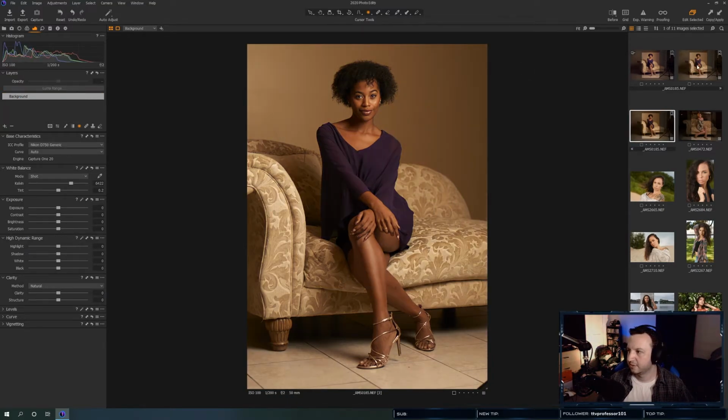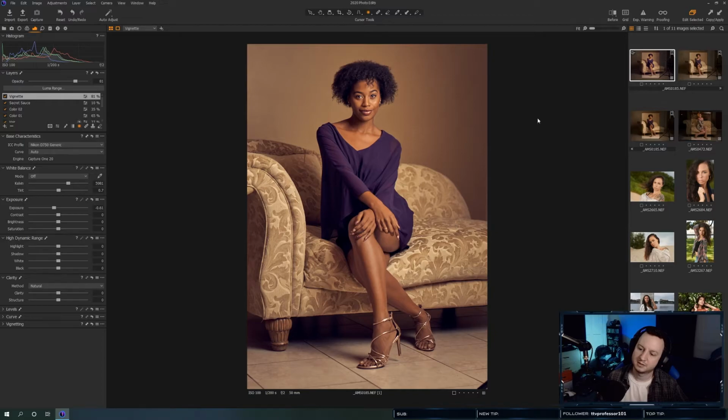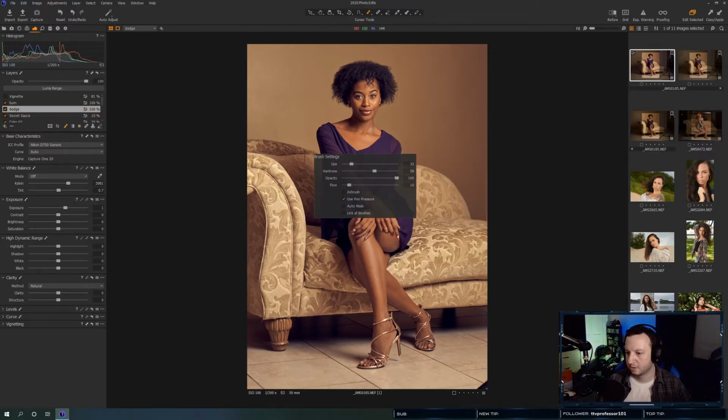All right. So original, exposure, color. I think we're pretty good. We're going to do some quick dodge and burn. So let's turn this vignette off. Call this dodge. And then we'll call this one burn. And in dodge, we'll move our exposure up 1. And our burn, we'll move it down -1. All right, so now all I'm gonna do, using the brush, 10. Yeah, 10 should be all right.